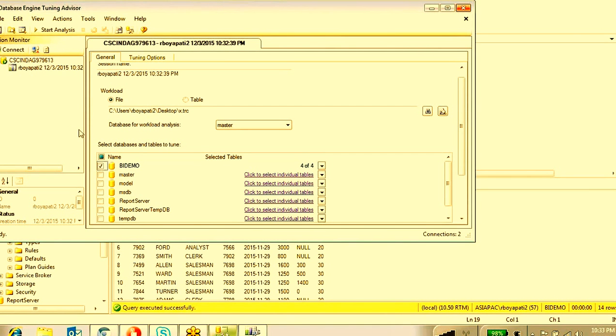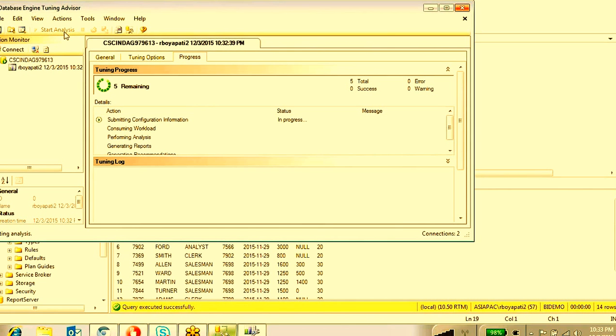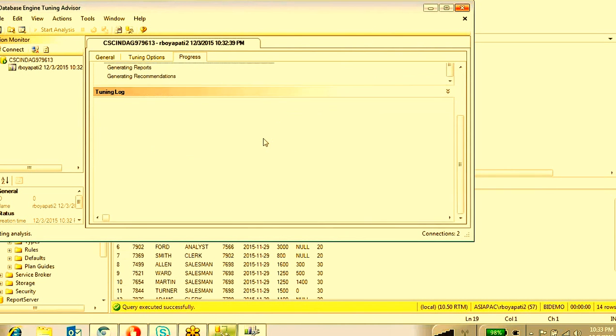Okay, right. So like BI demo, and just start analysis. If there are any indexes recommended, then it will give that information.